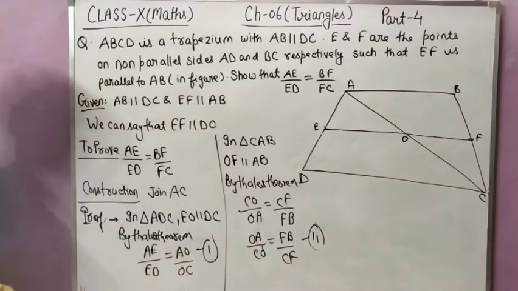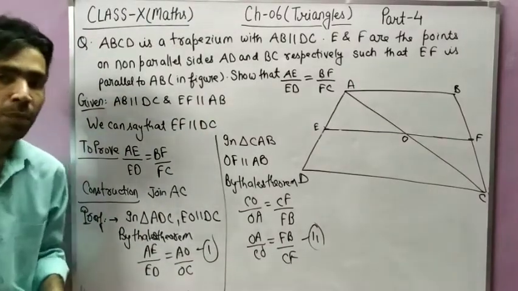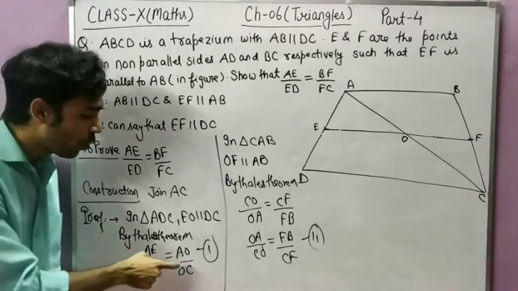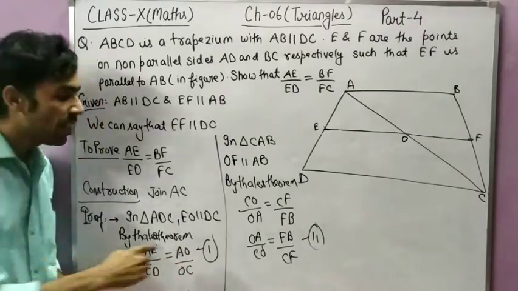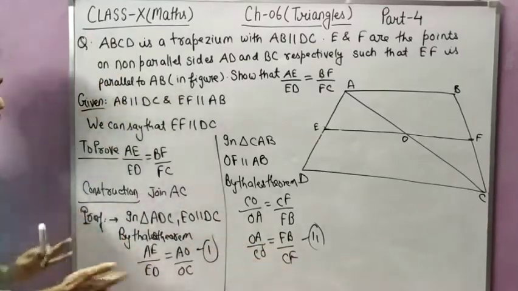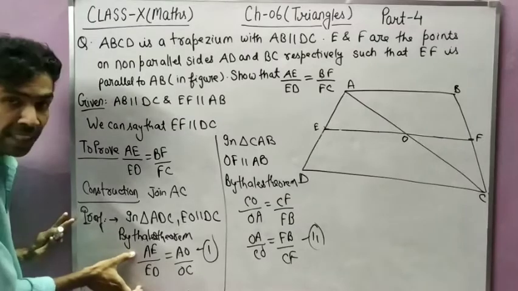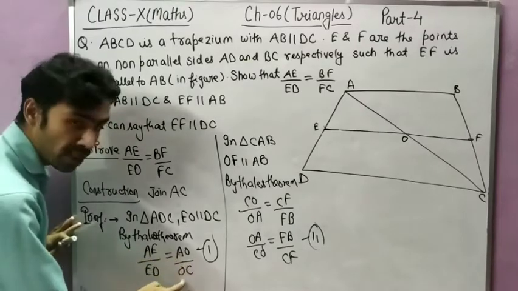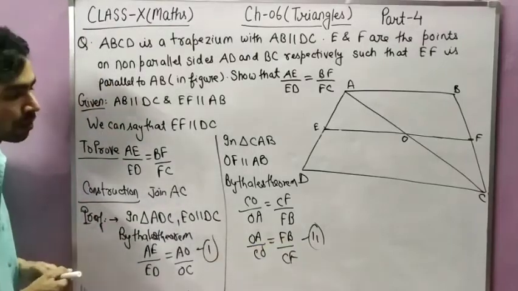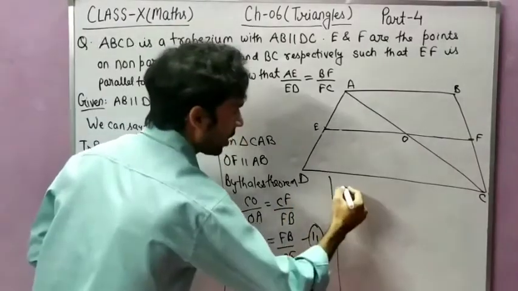Now, students, see, we got equation number 1 and equation number 2. Equation number 1 was AE upon ED equal to AO by OC, and equation number 2 is OA upon CO is equal to FB upon CF. In those two equations, AE upon ED is equal to AO by OC, and this OA by OC is also equal to BF by CF. So by comparing